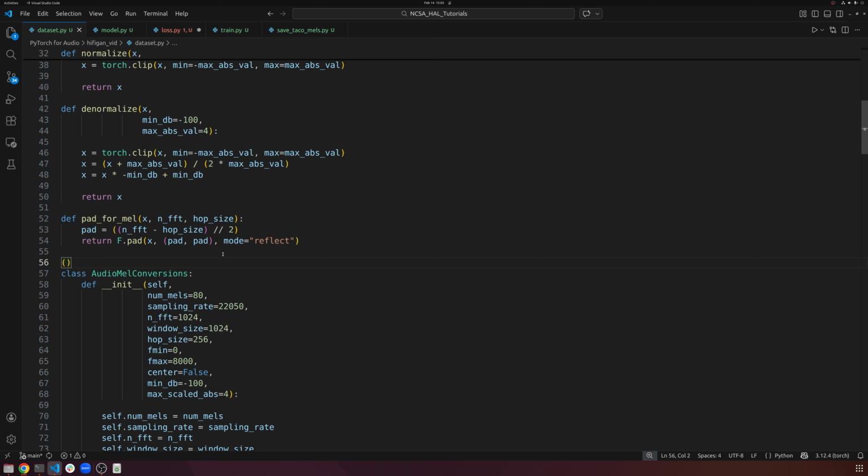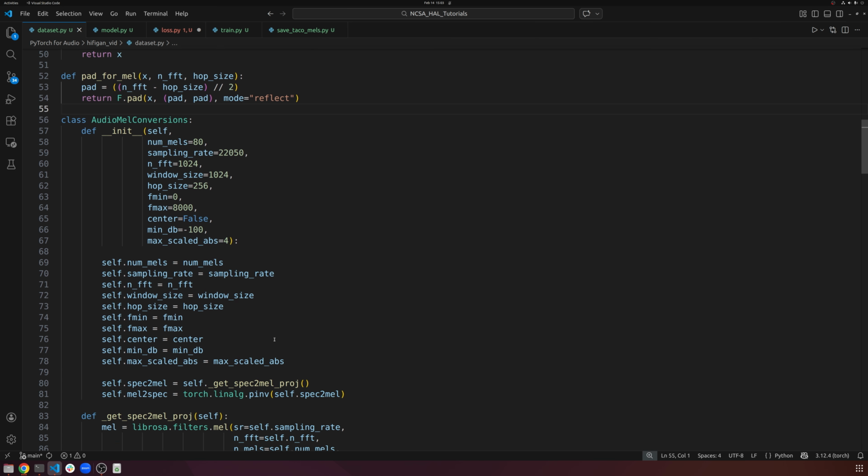So the very first window is going to look at 0 to 1024, or 1023 technically. And the next one's going to look at 256 to 256 plus 1024 minus 1. The next one after that's going to go from 512 to 512 plus 1024 minus 1, and so on. Basically it's like a sliding window. We have a window of 1024, and it moves over by 256 samples every single time. And just keeping that in mind,